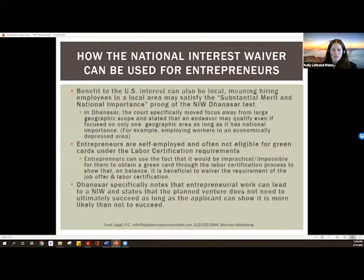All right. So how can the national interest be used for entrepreneurs? I think in 2016, the standard for the national interest waiver changed, and it changed greatly in favor of entrepreneurs. And as Ian mentioned, it's been kind of underutilized for entrepreneurs since then. So this is one of the reasons we wanted to speak about it, to show that it's really a good